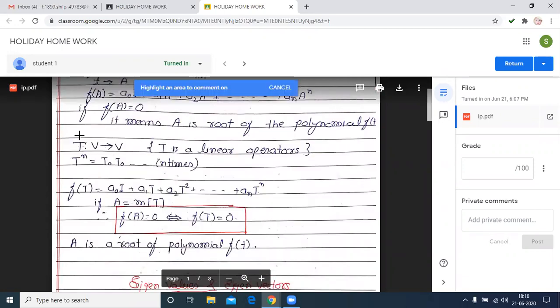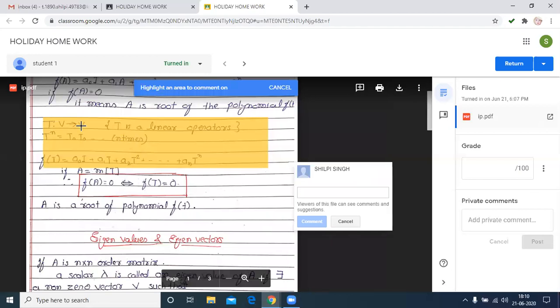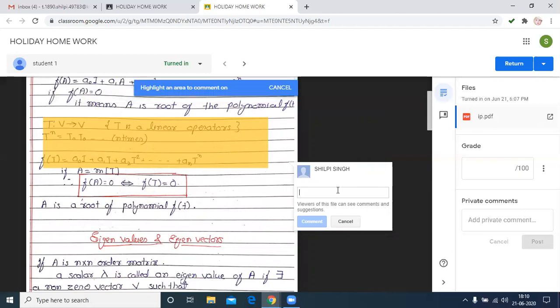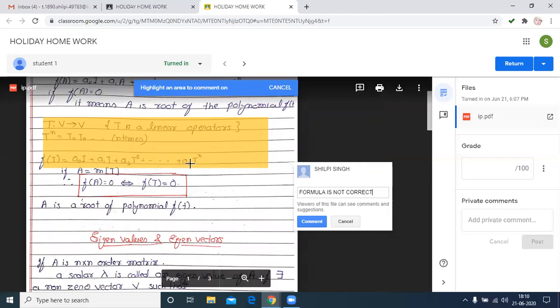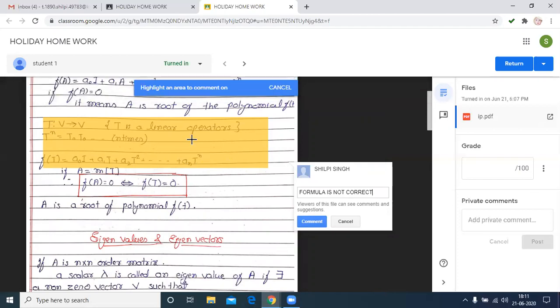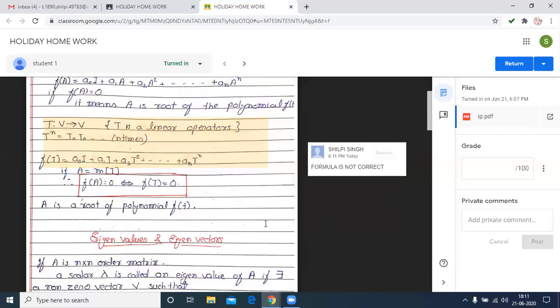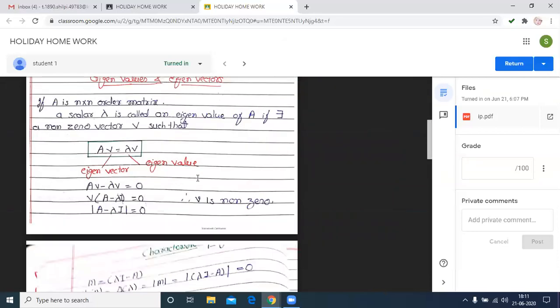We can also give a comment, or if we want to give some information, I mark this portion. It is similar to the copy correction, and we write the comment. This comment will be visible to the student. I just give this comment. For example, if we want some modification and some information, we have to give it to the student. Then comment. Okay. Then check again.